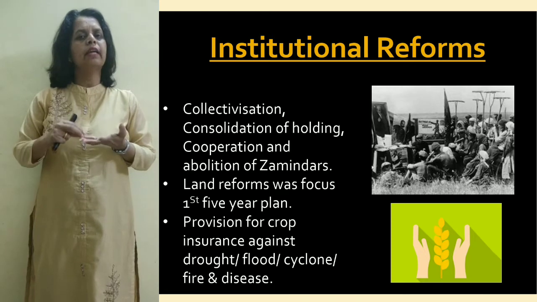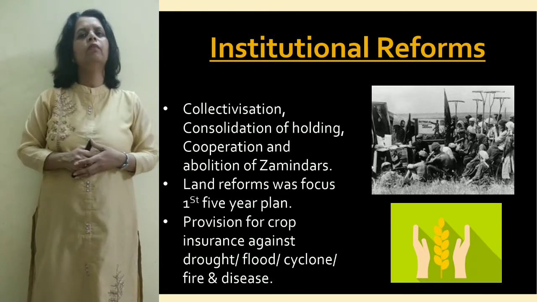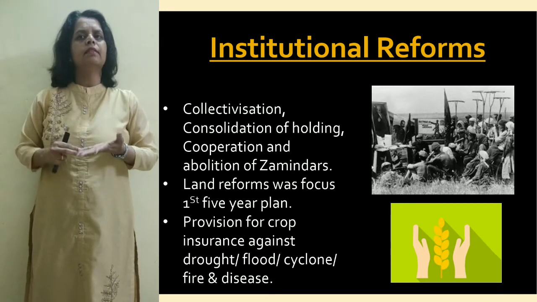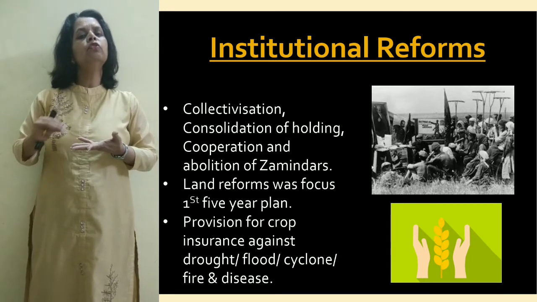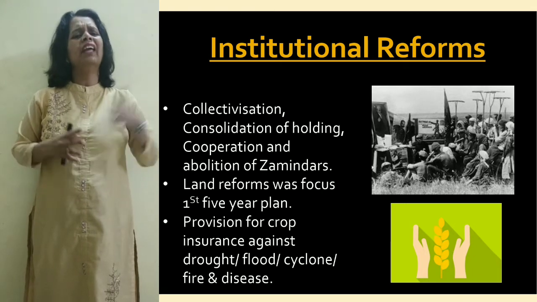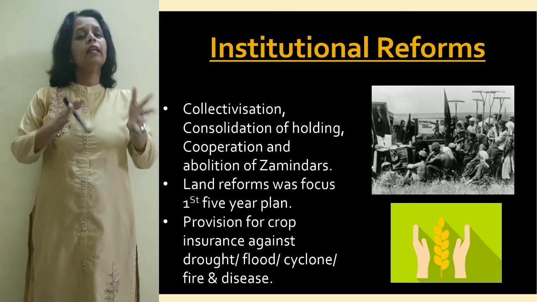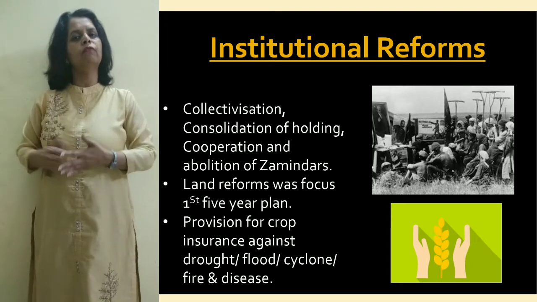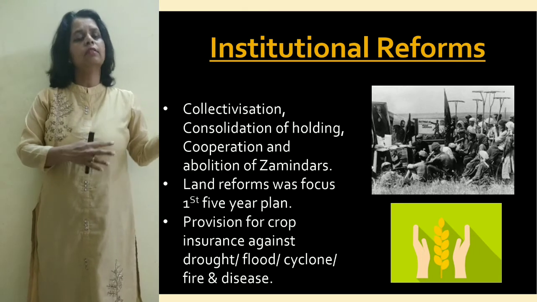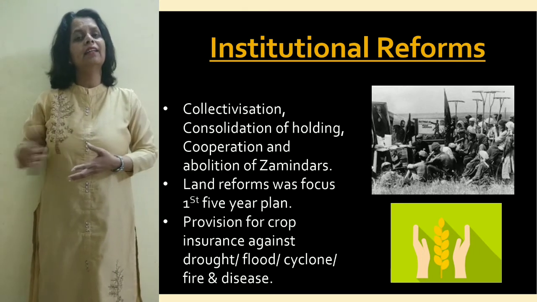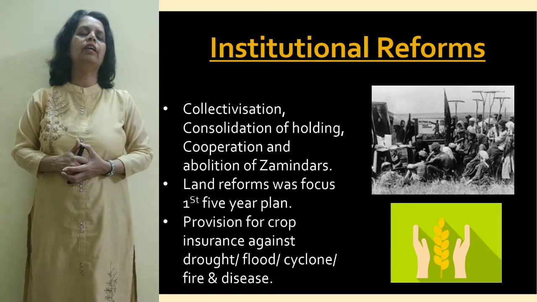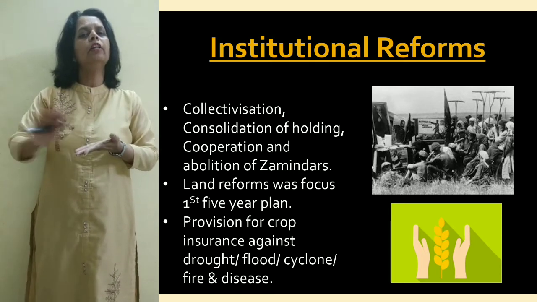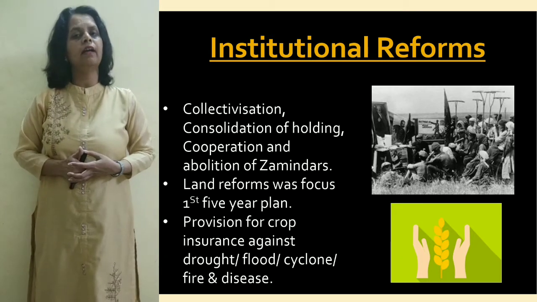Okay, so this was there. Apart from that, at the same point, we have got your abolition of zamindari systems. You will see zamindars, these were the owners of huge land, right? They used to own acres and acres of land, and thus it divided the society into two broad divisions, haves and have-nots. The one section having lots and lots of land, whereas the others, the landless laborer, hardly having any land along with them. And hence the government took up the major step, that is abolish the zamindari system which was prevailing in our country.